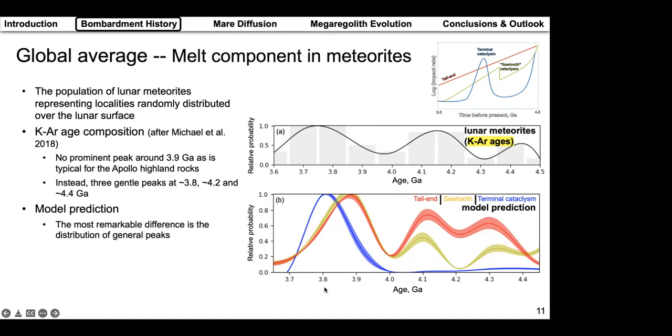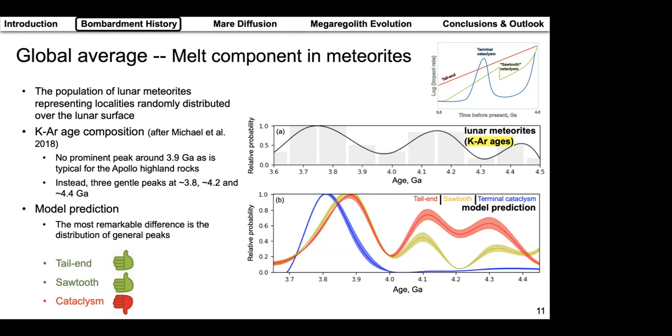From this modeling result, we can at least say that the cataclysm is the least likely for the early bombardment impact rate. But both tail end and sawtooth are very comparable with the actual data contained in the lunar meteorites. So to further distinguish between tail end and sawtooth, we now need the regional